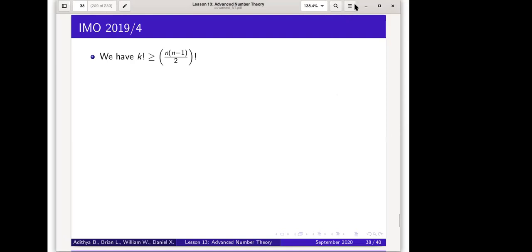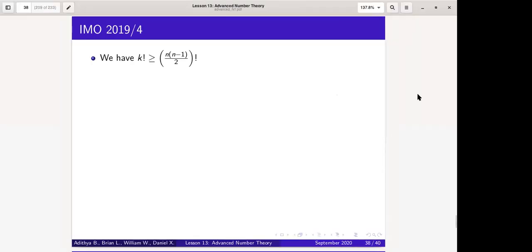And then, just because k is at least n times (n minus 1) over 2. And then, well, what does this mean? Well, we now just try bounding the